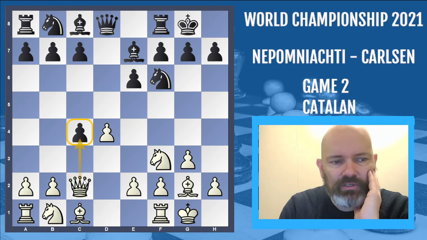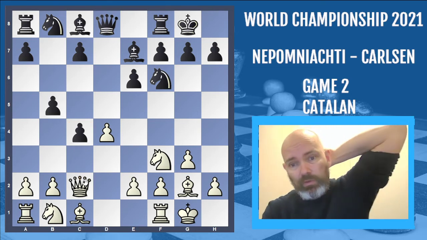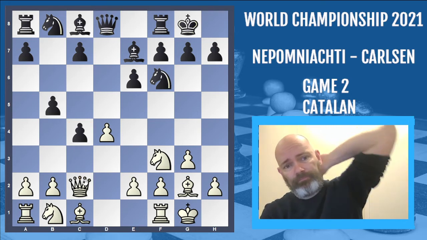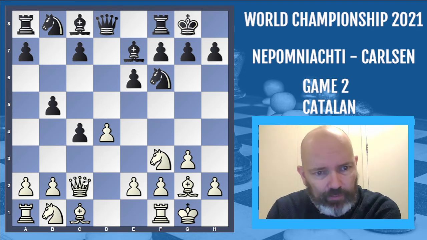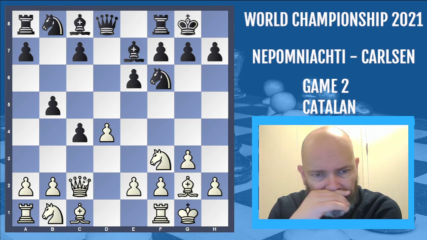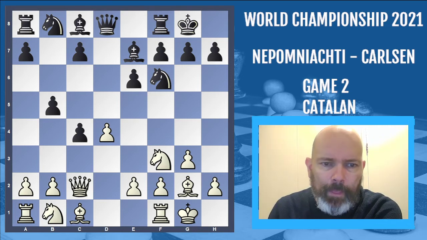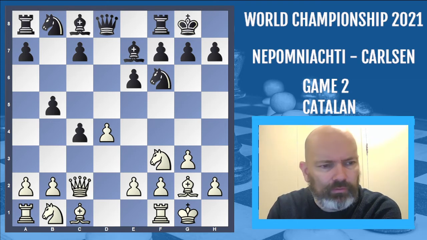But Carlsen played queen c2, and Nepo played this top of a line with b5, which wasn't on the radar. I mean, some years ago, when Avrukh had these famous Catalan books for white, Grandmaster Repertoire, this line was kind of new, and I started to get a lot of people to play this against me online,